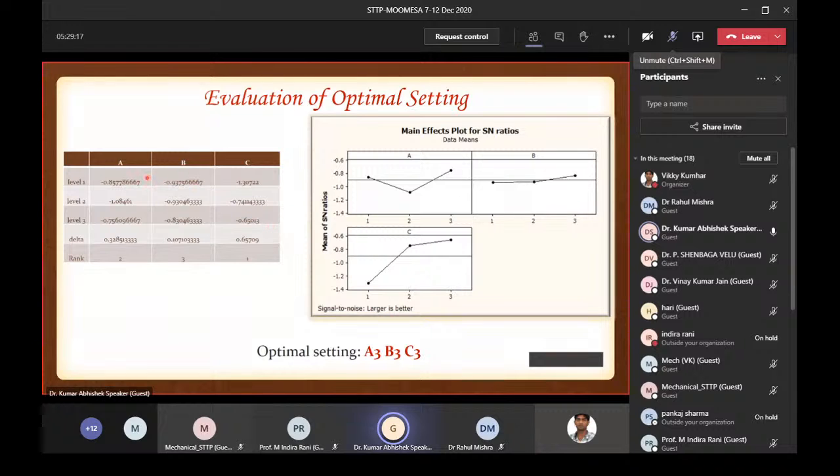तो इसका जब मैं ग्राफ प्लॉट करूंगा तो ये ग्राफ हमारा ऐसा आएगा, ठीक है। लेवल 1 पे क्या है, लेवल 2 पे क्या है, लेवल 3 पे क्या है, लेवल 1 फॉर द फैक्टर बी, लेवल 1 पे क्या है, लेवल 2 पे क्या है, लेवल 3 पे क्या है। तो इससे हमको मेन इफेक्ट प्लॉट मिल जाएगा। ऑन द बेसिस ऑफ द मेन इफेक्ट प्लॉट वी कैन से दैट वेदर द वैल्यू इज गोइंग टू बी इंक्रीज और कैन डिक्रीज।